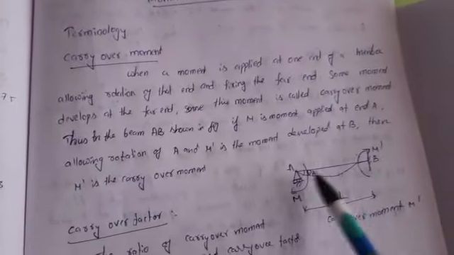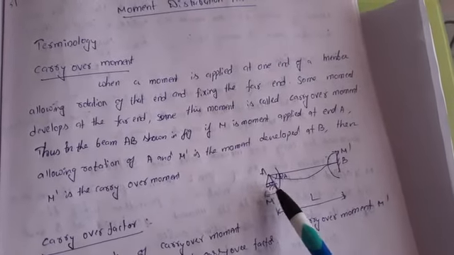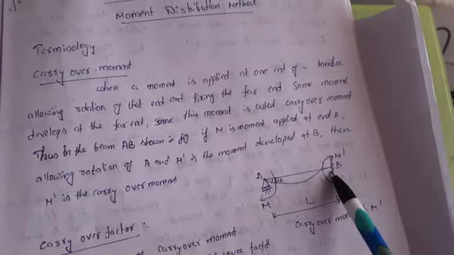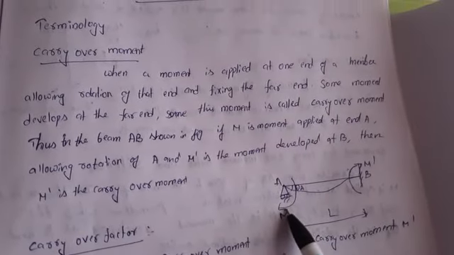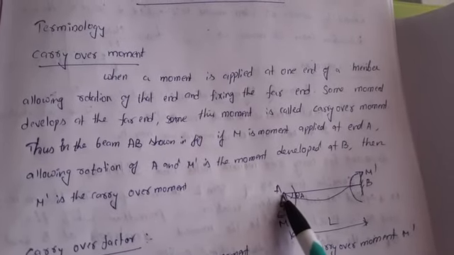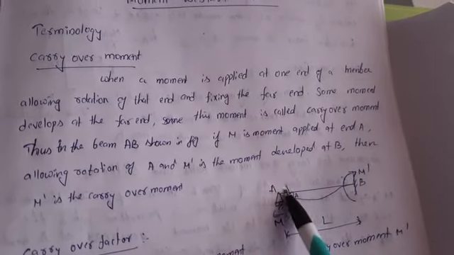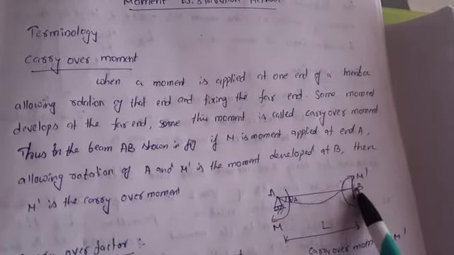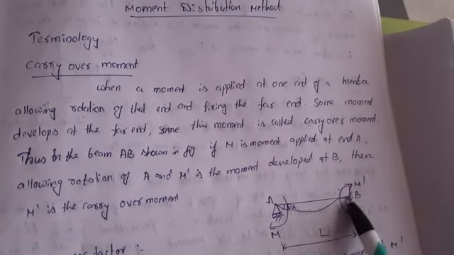That is nothing but, suppose here the beam AB is there. A is a roller and B is fixed. Here we can observe A is having some rotation due to the roller support. There will be some slope we will observe here. This slope we have to assume as 1. Then due to this load, automatically in the opposite direction, whether it is fixed or hinged, some moment will be carried over here.